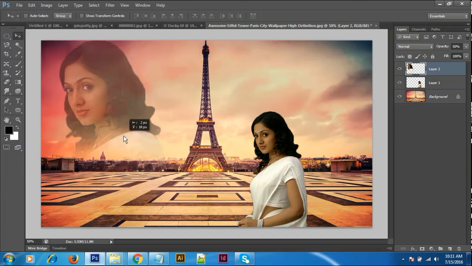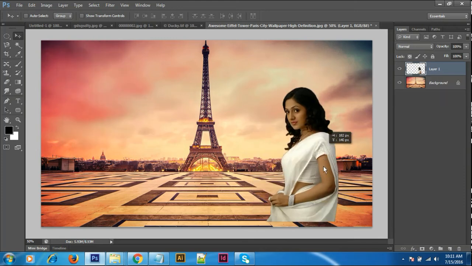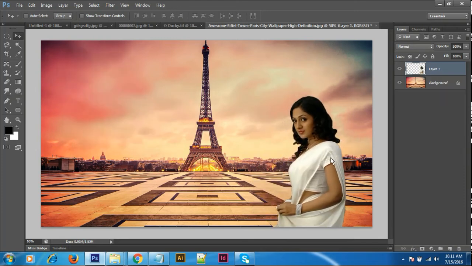How many tools do you use in this? Only one tool. Nothing. Just take it. See, you cut the image. Directly you take the image from here. You can directly transform it and take an image.